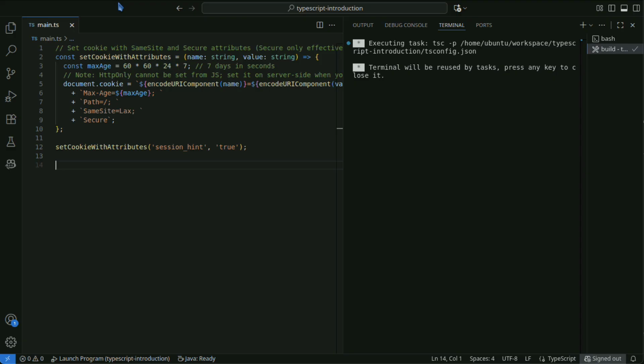On the server, you can add HttpOnly via the Set-Cookie header, so session management should ideally be done server-side. Below is an example using Node's HTTP module.